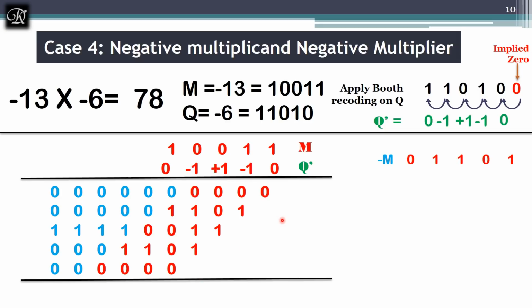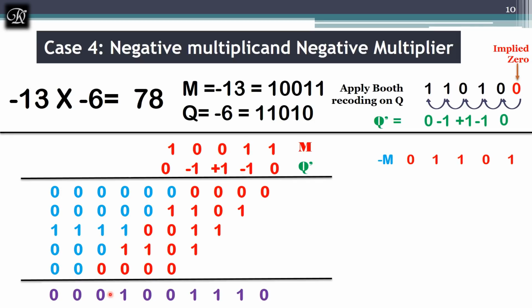Finally, let's find the product. Now you can check: 0, it is 1, 1 and it is 3, 3 means 1 and carry is 1, 1 plus 1 is 2, 0 and carry is 1, and 1 plus 1 is 0, carry is 1, and 3, 2 plus 1 is 3, so 1 is here and the carry is 1, 1 plus 1 is 0, carry is 1, 1 plus 1 is 0, carry is 1, 1 plus 1 is 0, carry is 1, but we are not going to consider the last carry because we are interested in only 2n bits.